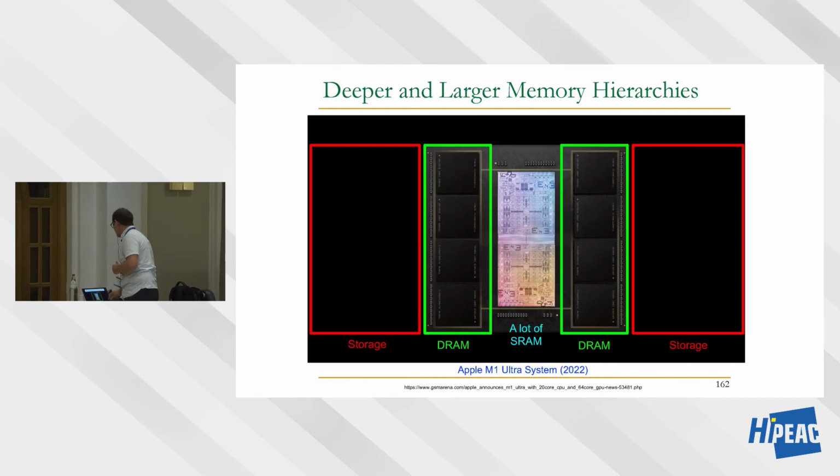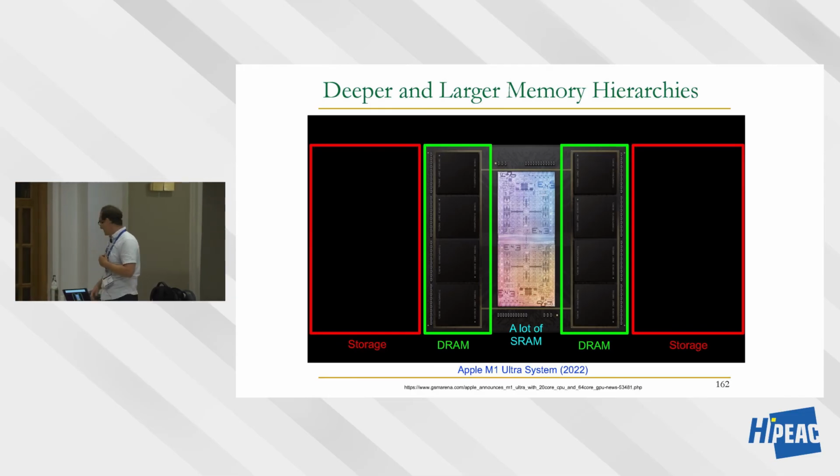And this is another example. I like this one because I think of this chiplet as a lot of SRAM inside, and then there's a lot of DRAM, the bigger portion, and then there's a darkness that no one thinks about, storage. We're going to talk about storage also, so it's not going to be darkness a little bit, but it's going to be important. So most of the system is really about memory in the end.